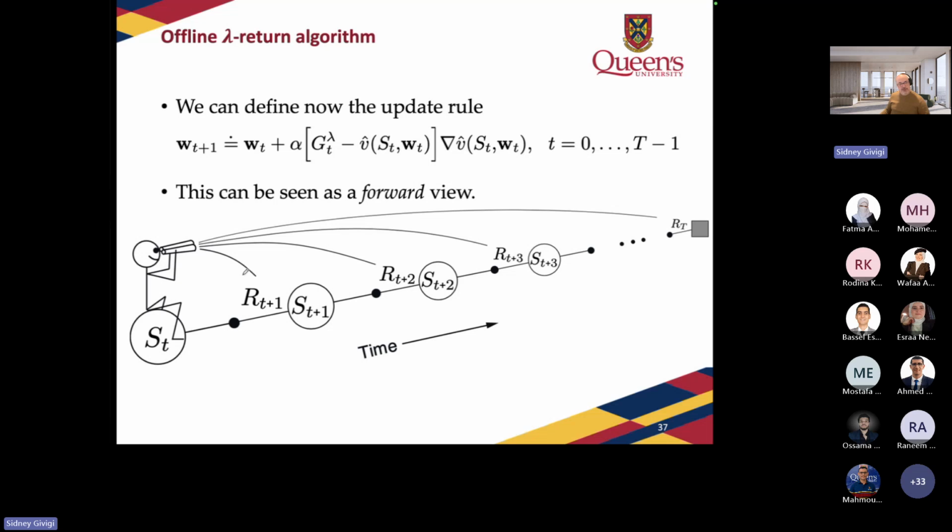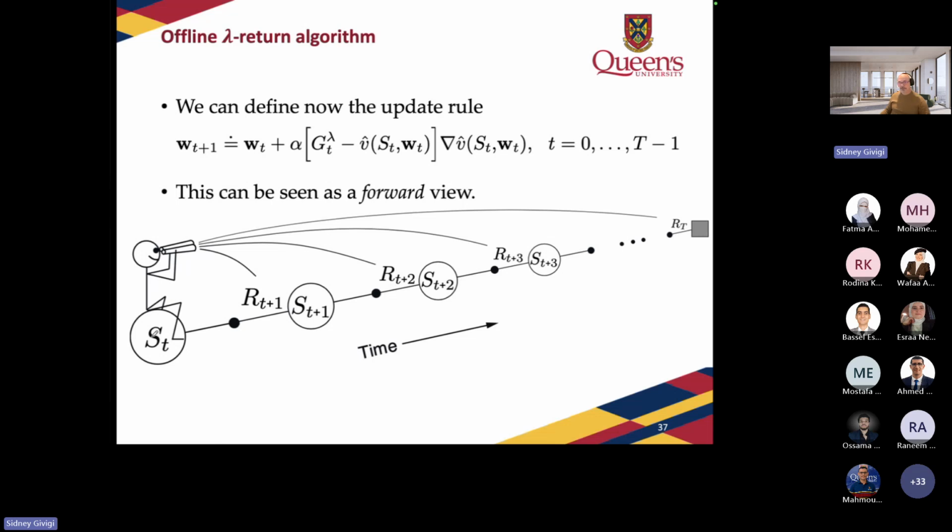Okay, so here we are looking at all these different values. And then as time goes by in the future, we are going to take more into consideration the first return than the long return. And the reason why we do this is because the first return is more certain than the last return from the perspective of where we are in this state here.